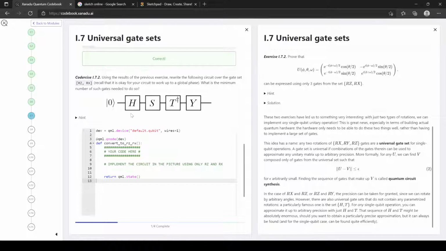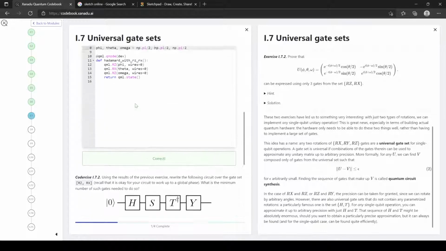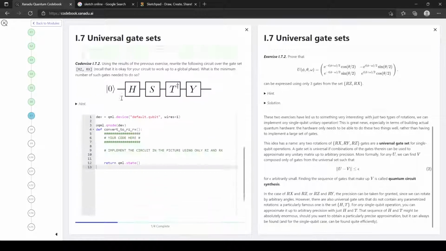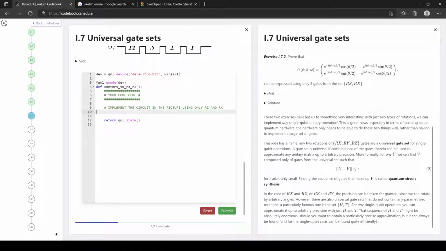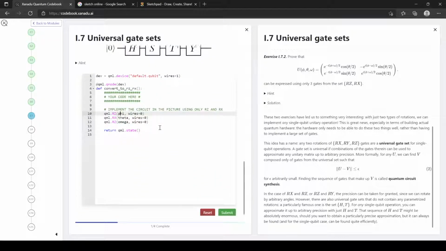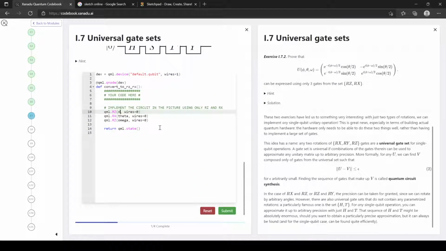All right, moving on. Using the previous exercise, rewrite the following circuit over to gate set RZRX. Recall it is okay for you to work up to global phase. So we know that, I'm just going to copy this actually. We know that the H gate is the pi over 2, pi over 2, pi over 2, numpy dot pi over 2, numpy dot pi over 2,